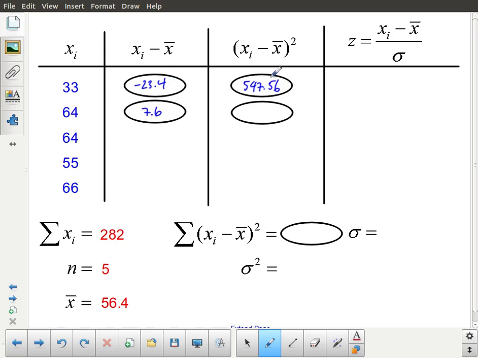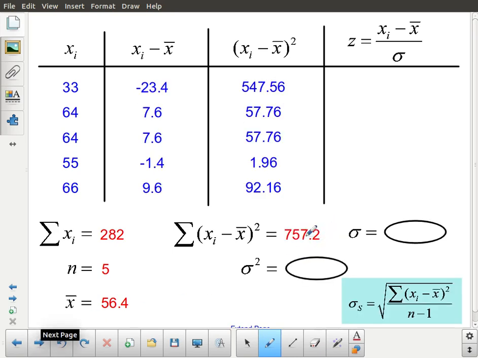547.56. And then I take 7.6 and I square that. In that case, I get 57.76. I do the rest of my table, filling those in. Once I have the differences, I square each one of them, then add them all up, and then I can fill in this value. I've got that prepared on the next page. That works out to be